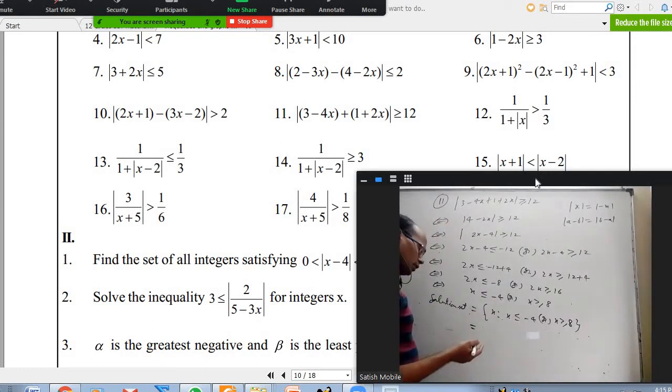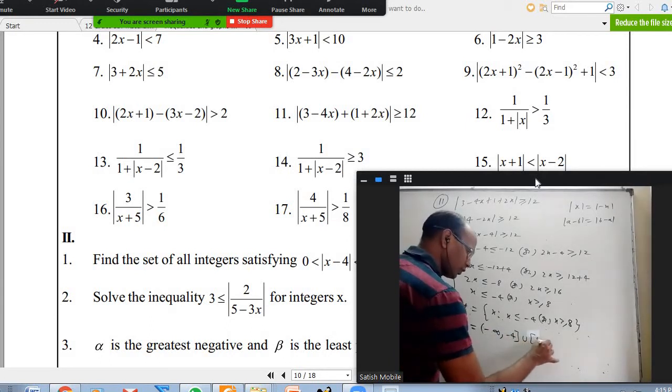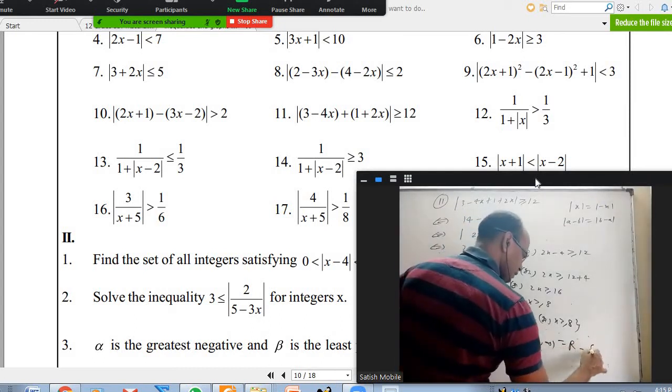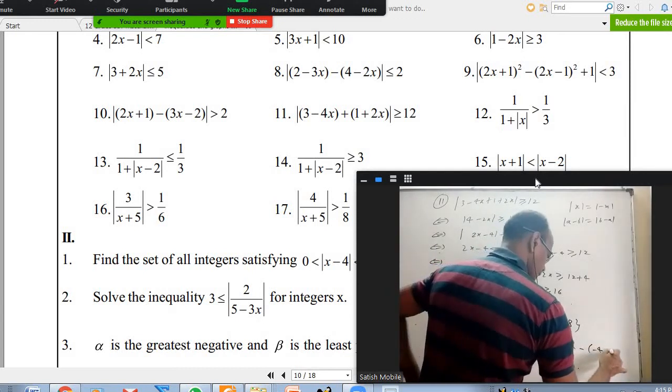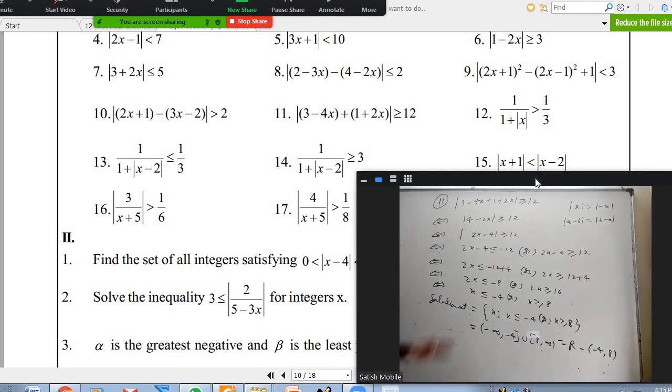Okay, so if I want to write in set form, minus infinity to minus 4 closed union 8 to infinity, or all real numbers except the open interval minus 4 to 8. I want 8, I don't want minus 4, but in between I don't want. Write like this or like this. On the number line, minus 4 is here, 8 is here, 8 and everything beyond that, and minus 4 and everything before.